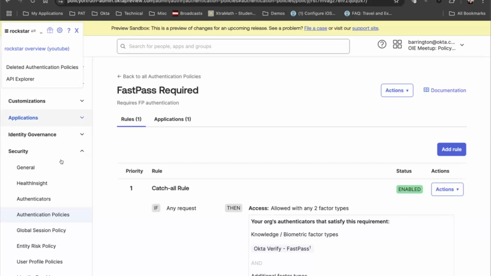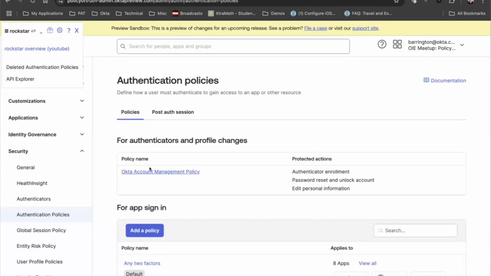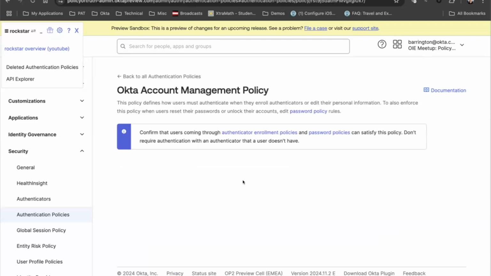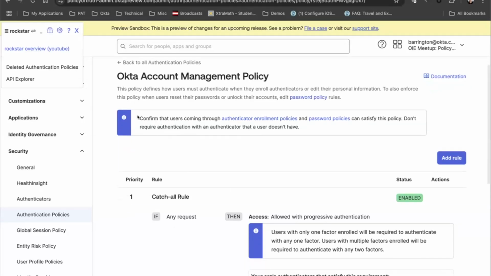And the reason for that, if we go back to our authentication policies, there is this specific policy now that's available called the account management policy, where you can explicitly define what the requirements are for enrolling an authenticator or for performing really any account management activity, whether that's enrolling a new authenticator, resetting an authenticator, etc. There is a default setting